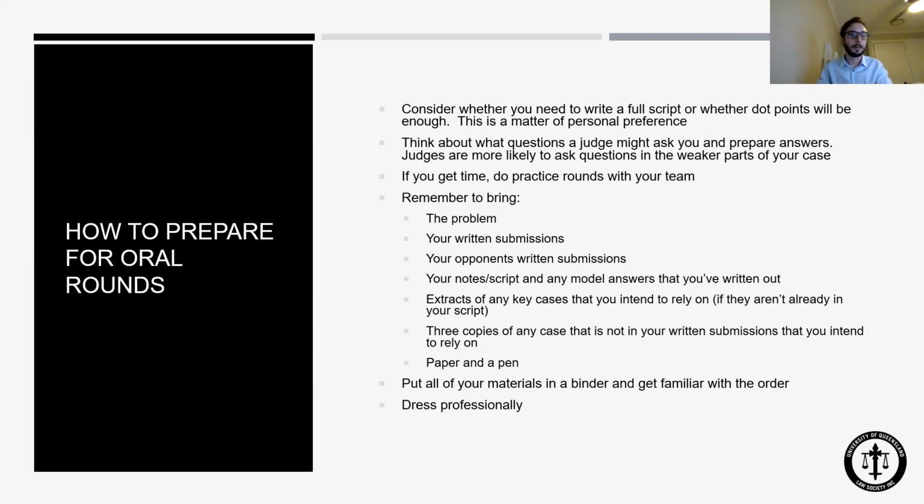When you are actually getting ready for the round, on the morning or the night before your round, there's just a list here of the kinds of things that you want to bring. Obviously, you want to bring the problem, and you want to bring a few copies. In an ideal world, you would have 3 or 4, depending on the number of people in your team. So your junior counsel and your senior counsel would have a copy of the problem that they just have on hand. Then you would have your instructing solicitor with a copy, and if you feel it's necessary, a loose copy that you have,